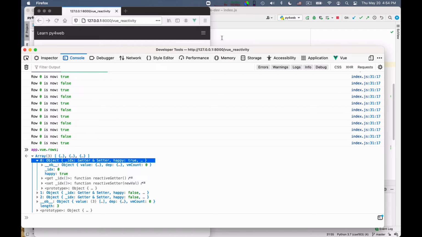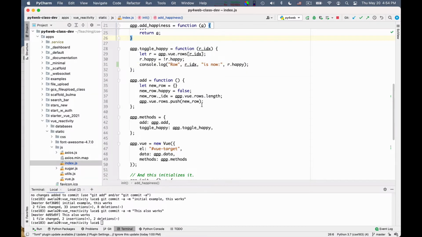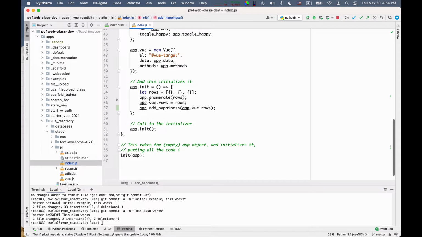I made a very small change compared to the previous code. So where is that I created this .happy? You see, now I changed the code a little bit. I created the rows as empty objects, I enumerate them, I set them to Vue, and then I add happiness. So the order of these two lines has been switched. And the problem is this: when you create a new attribute and you add it to a Vue observed object, Vue doesn't know that you created a new attribute.